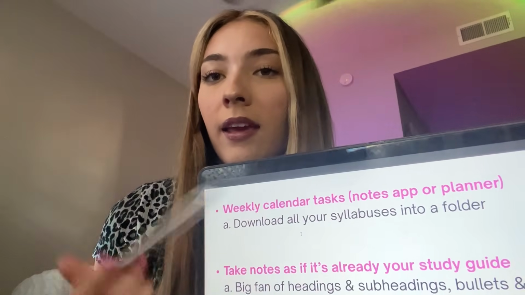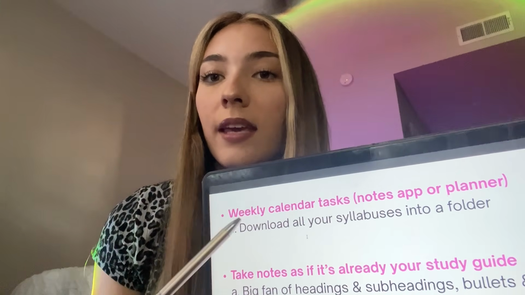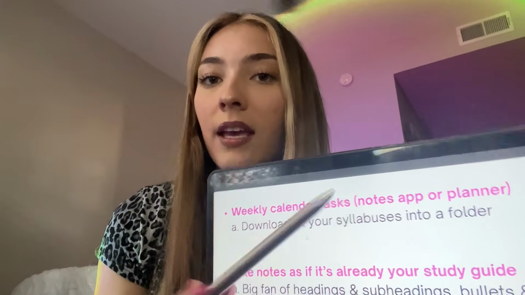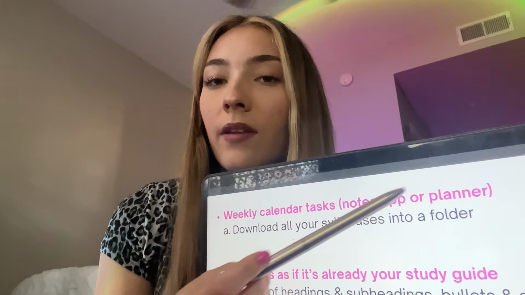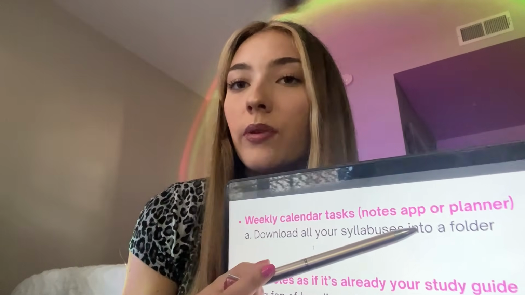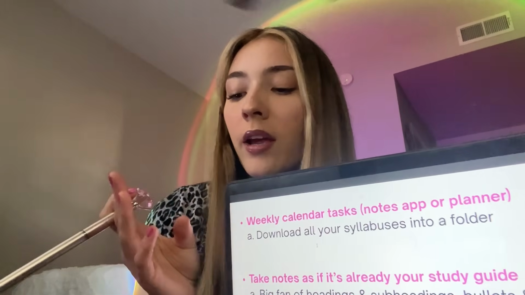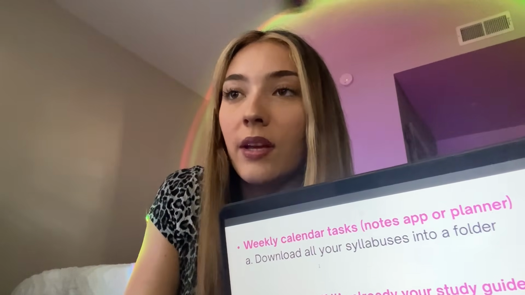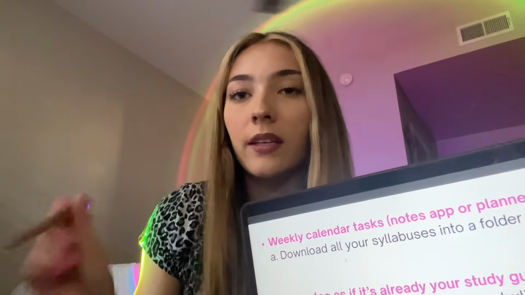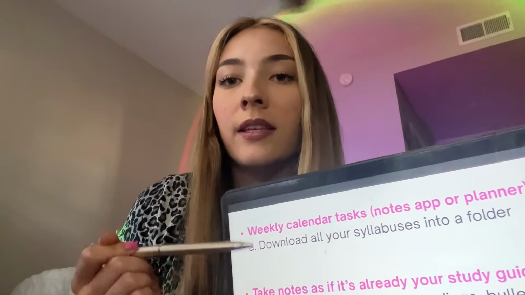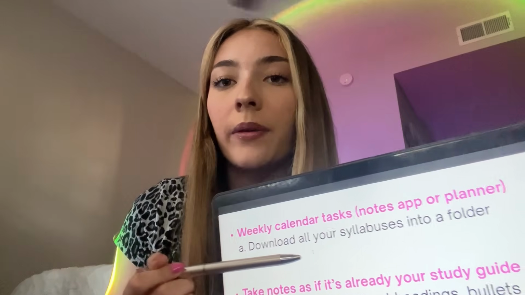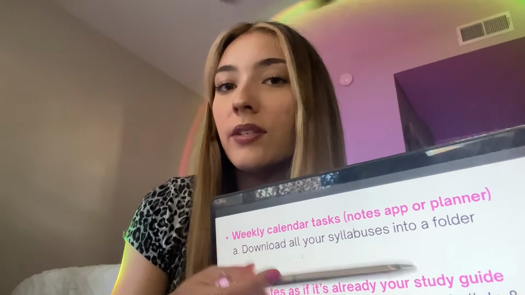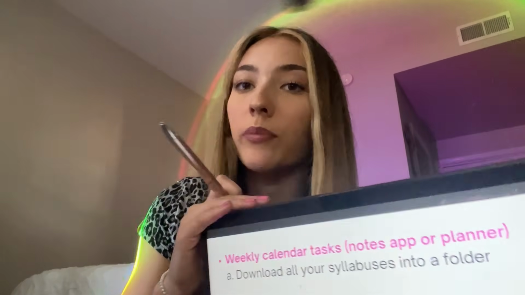So the first thing I highly recommend is a weekly calendar tasks list. And for a while I was using a physical planner, but I actually switched to the notes app on my computer. Whatever works for you, whatever is easy to access, or if you like the act of physically writing it down. And then in tandem with this, I said to download all your syllabuses into a folder on your computer,